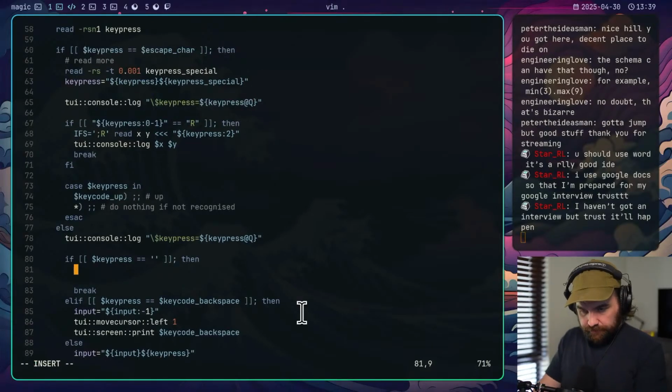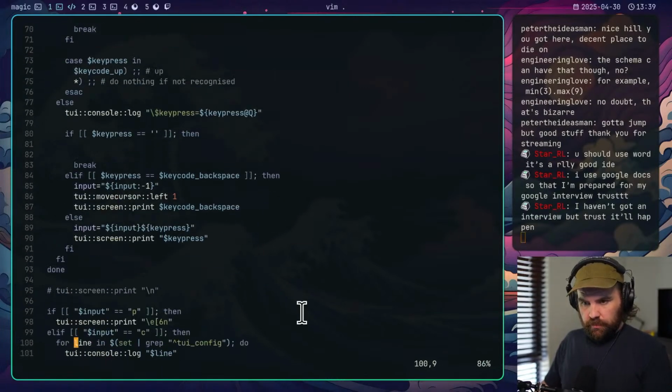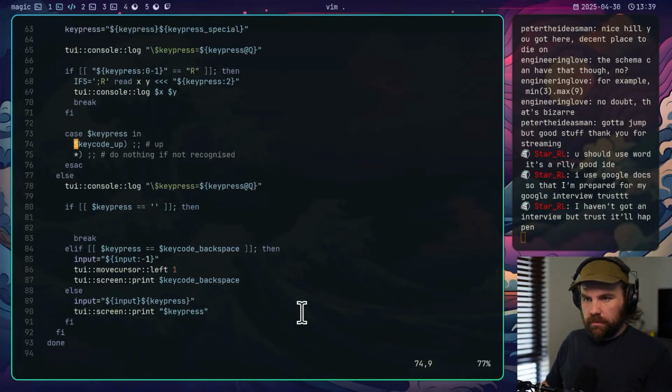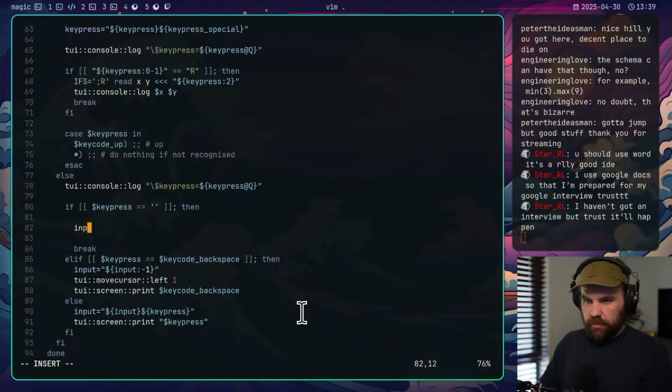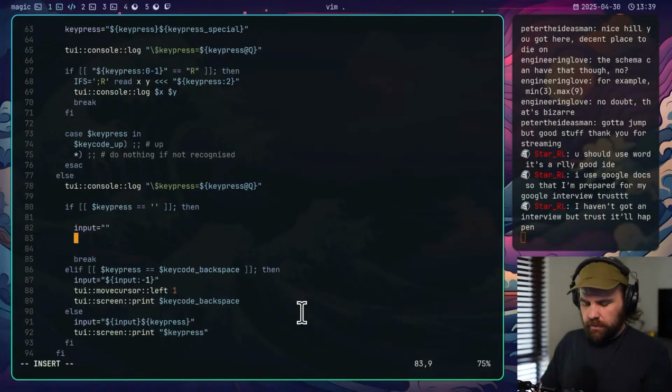So instead of break, I suppose I can leave this code down there for now. It's not great, but it's fine. I go input equals blank, and then